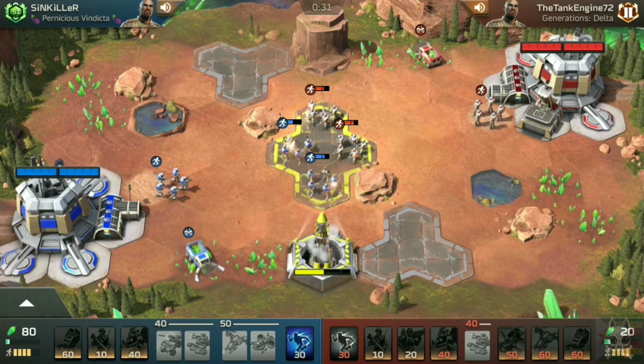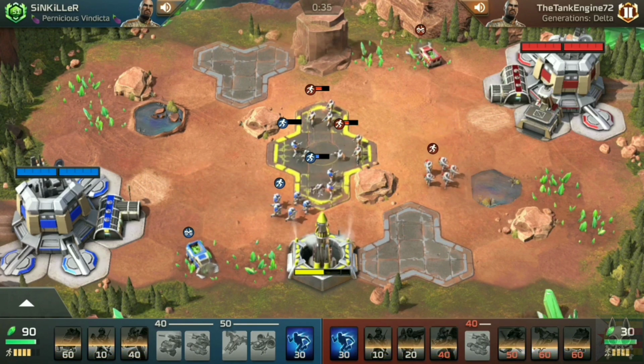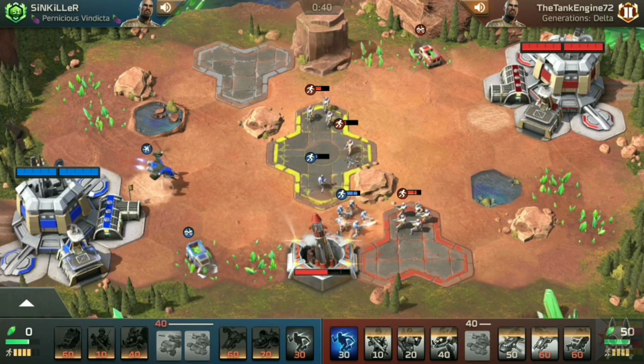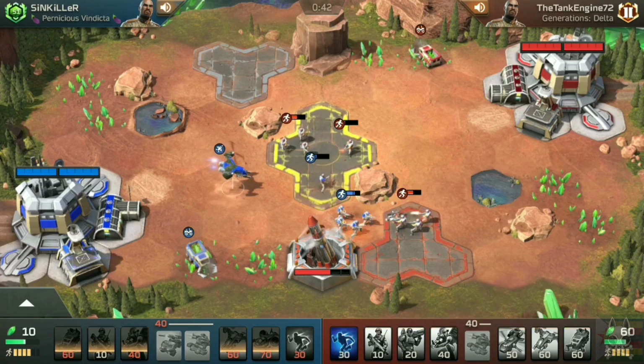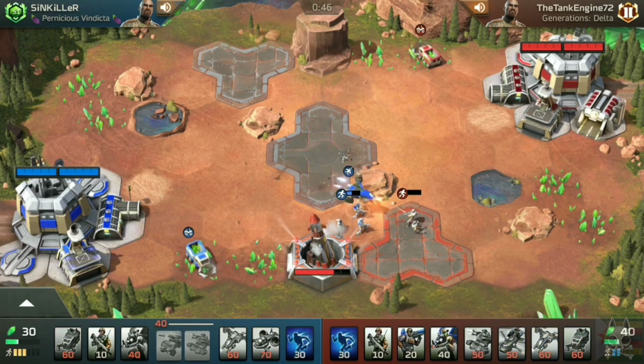Now, Sinkiller here has ultimately given up that little bit early. He has lost the positioning there. You can see that his first unit on the left is going to go down quickly before taking anything out, and his one on the right so then left in. This prompts him, of course, to upgrade into the helipad, bring out that Razorback, and straight away he's cleared that